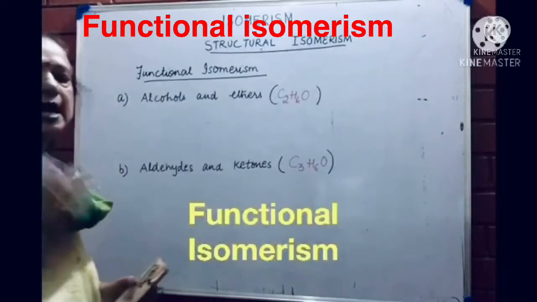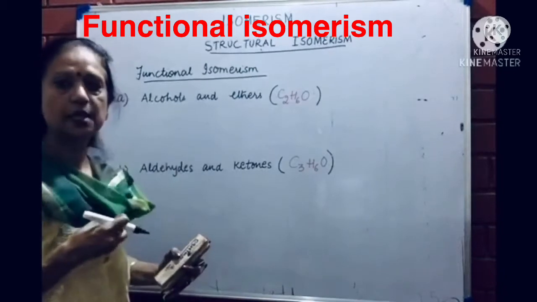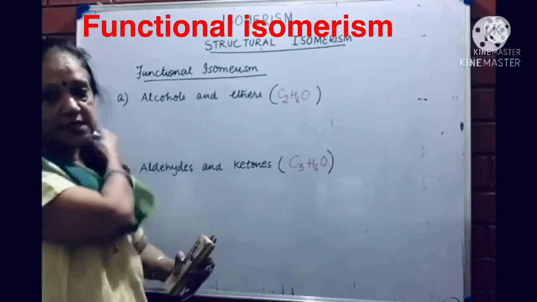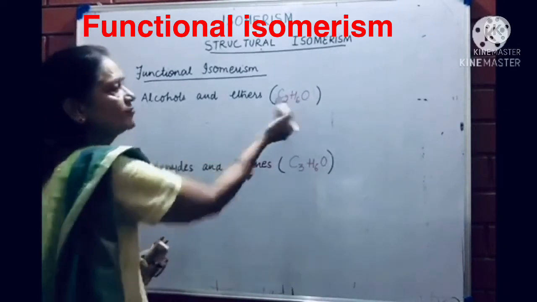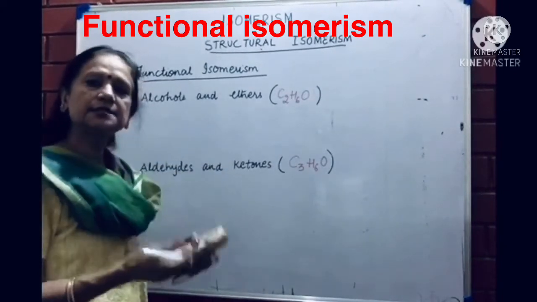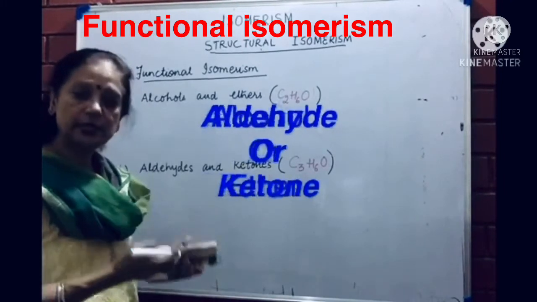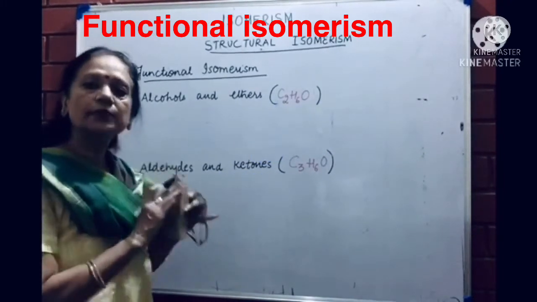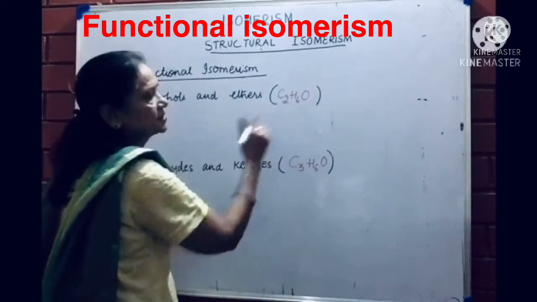Let us look at the next type of isomerism, which is called functional isomerism. Functional isomerism means that the whole functional group changes. So, supposing I have one oxygen atom, this compound could be an aldehyde, a ketone, an alcohol, or an ether, because all of them contain one oxygen atom. So, let me think that this is an aldehyde.